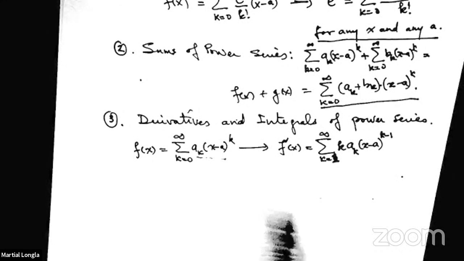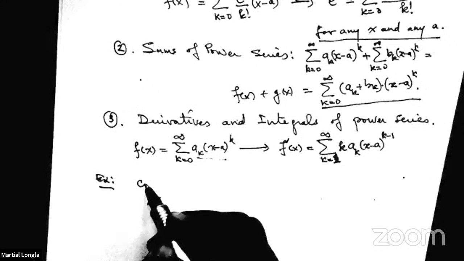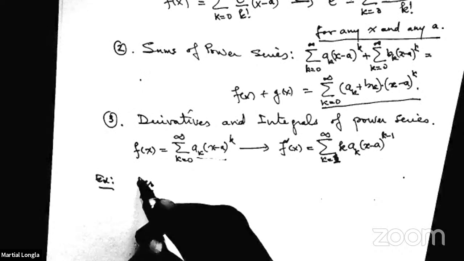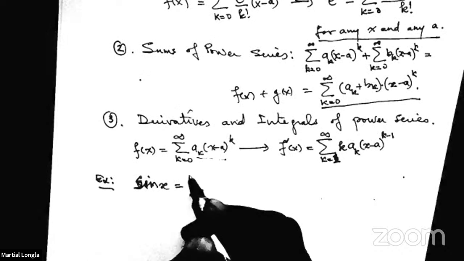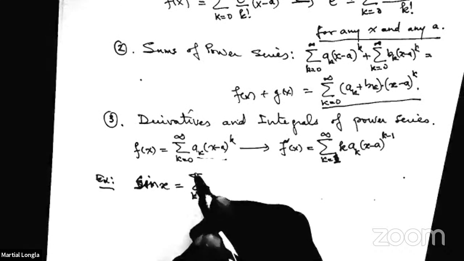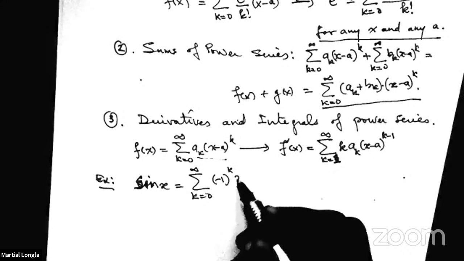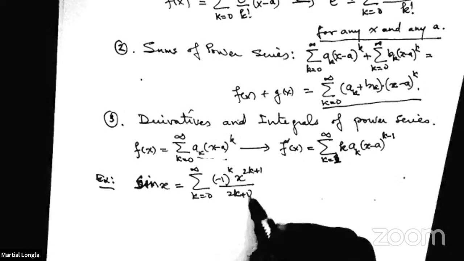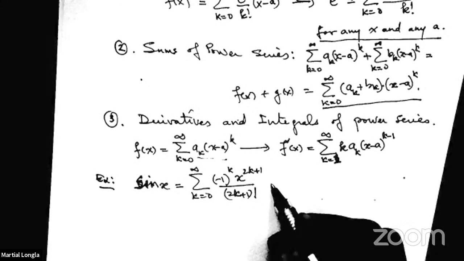Okay. So for example, for cosine and sine, we had sine x equals sum k from 0 to infinity, -1 to the k, x to the 2k plus 1 over 2k plus 1 factorial, right? This is what we got. And so